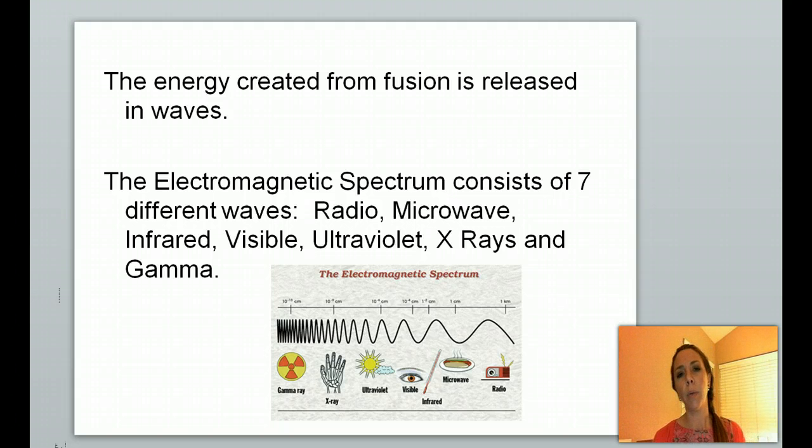But I want you guys to see the combination of electromagnetic, right? There are electrical properties of these waves, and there are magnetic properties of these waves, but those waves can be classified into 7 different wave types. Okay, so I want you guys to list out the waves there instead of having it in the paragraph. So the 7 different types of waves from the electromagnetic spectrum.